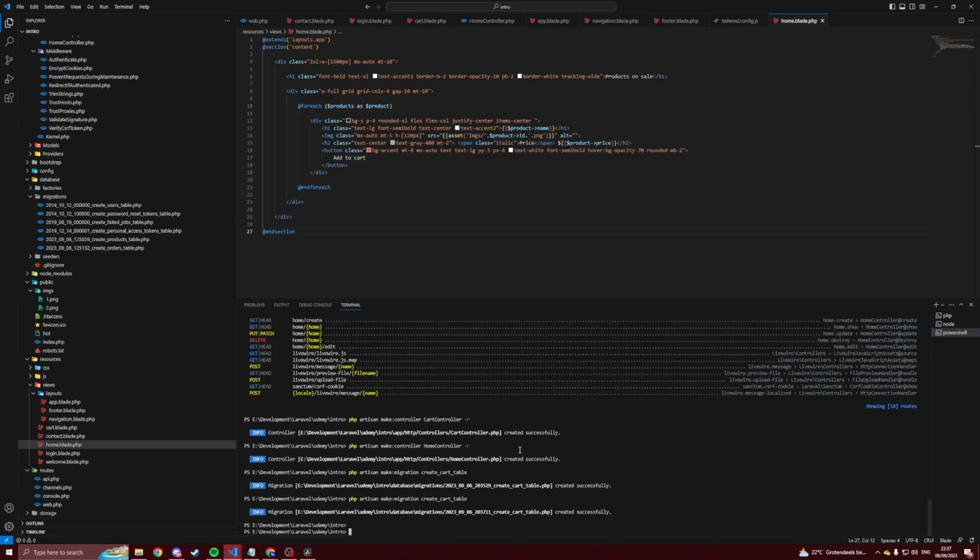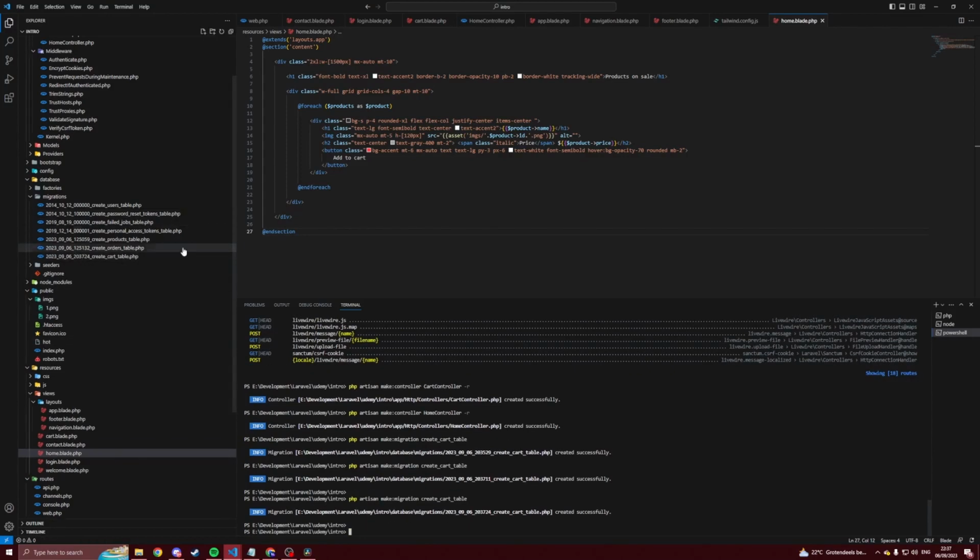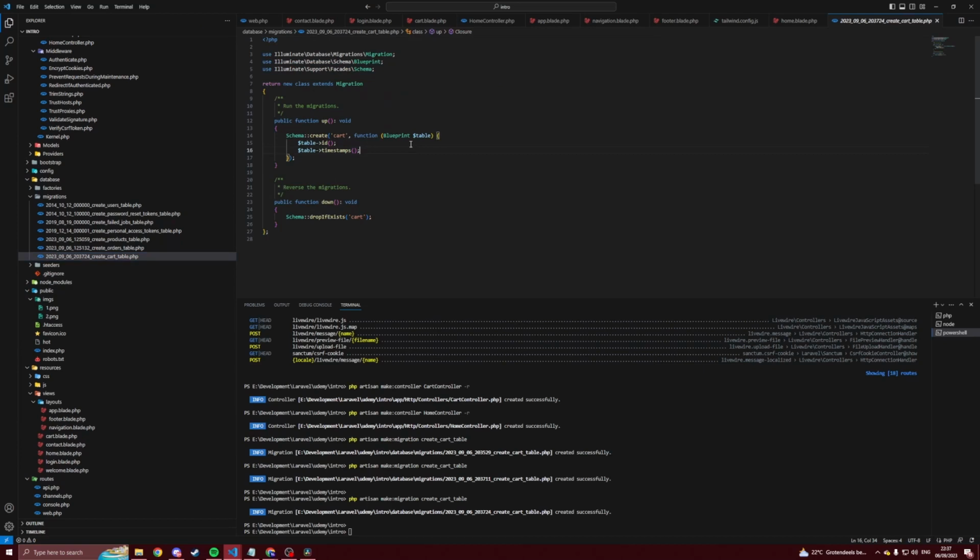So to actually make the backend, we need a card table. So let's create a migration for that. Normally you would be giving each card multiple products, but because this is the first project, I'm going to do it a cheaty way, an easier way. I'm just going to do a table